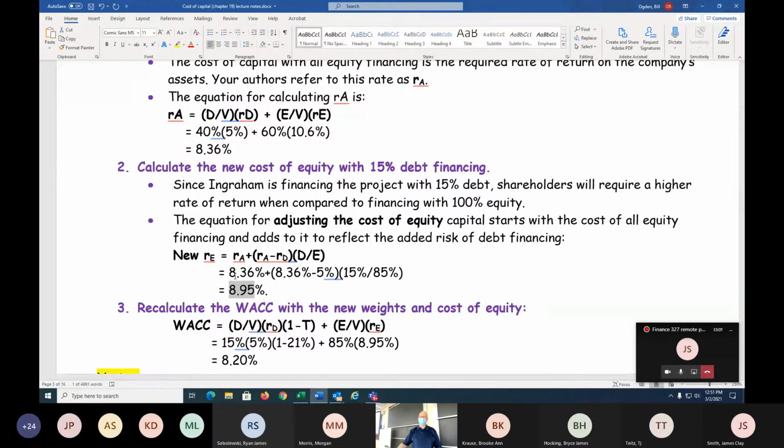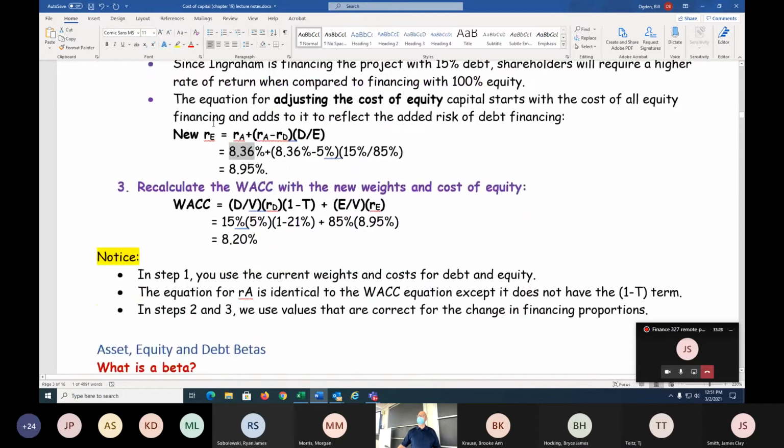Then what do they want? Well, then they're going to require 8.36, aren't they? Right? So 8.36, no debt. 8.95, 15% debt. 10.6, 40% debt. You see that'll just keep going up, wouldn't it? We kept adding more and more debt. This will start to go up. All right, finally,